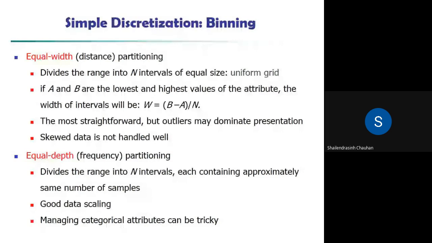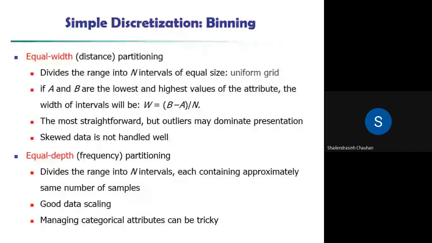Now the equal width method, that we'll discuss now, is also known as the equal distance method. In this, what will happen? In the previous method, we had an equal number of values in each interval or each bin. Here, we will have bins or partitions in such a way that the width will be the same. The width of each bin will be the same in this case, whereas an equal number of values, or frequency, will be the same in the case of equal depth.